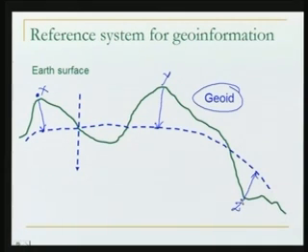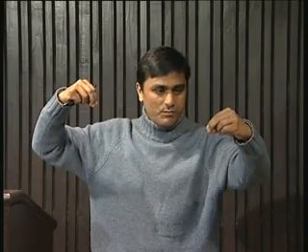Let me give you one more example here. What is the meaning of the projection? So if you look here, down there is the floor, and let us say there are some objects here. One object I keep here, another one I keep here, another one I keep here. Just visualize these three. Okay, 1, 2, 3. I want to make a map.